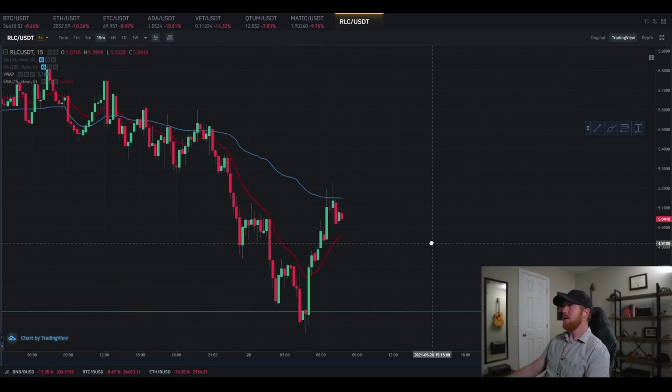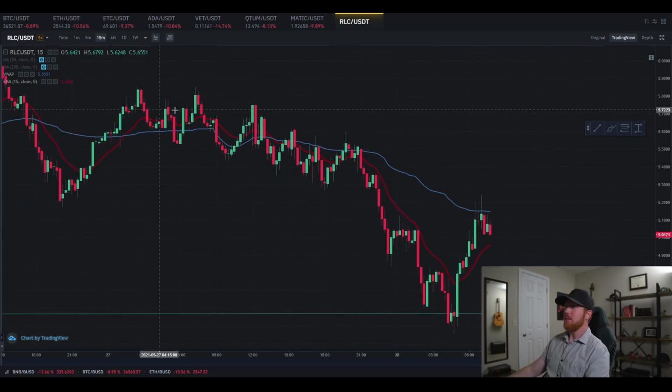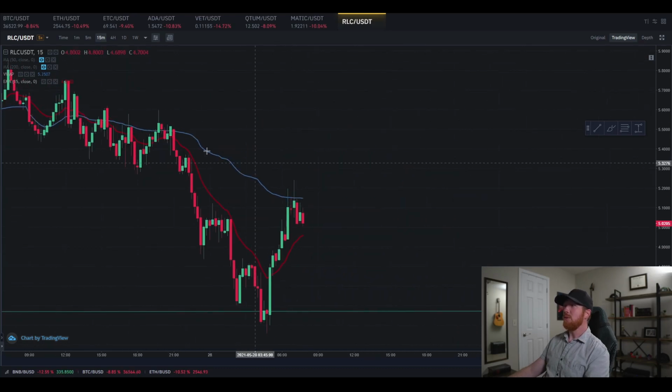So if we look at the EMA here, that is this red line. That is essentially a momentum indicator in a sense where it's telling us where the price action is, because you see how it keeps bouncing off this and holding underneath and holding below. That shows that the bears are in control, right? That's the price trying to break above. Nope, rejected, rejected, rejected. Anytime you see the price jumping above and below the EMA line on the 15-minute chart, it's usually an indication of consolidation, but in this case, there was obviously a consolidation in a downward fashion. So it's something to be mindful of and be careful with,